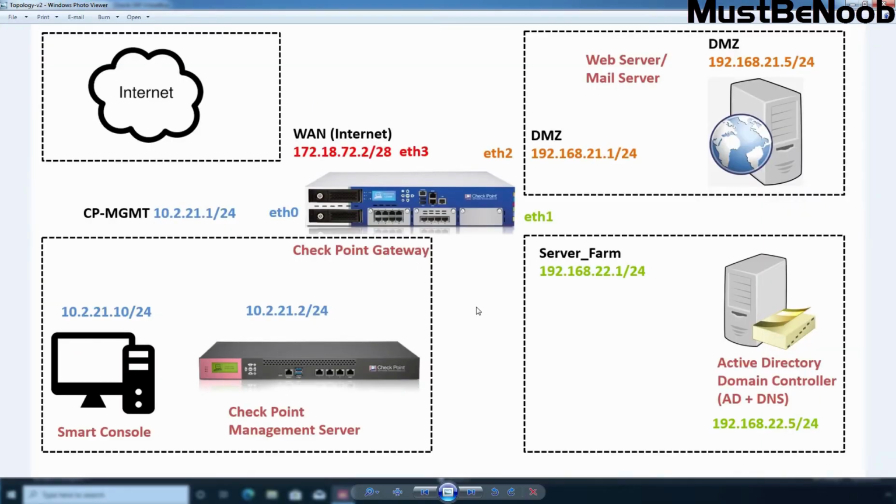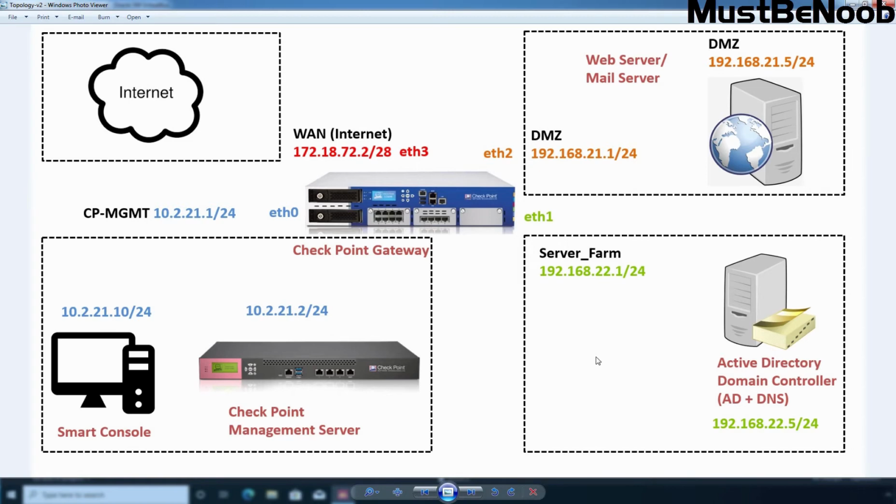In this lab guide, based on my lab topology, I'll create 3 network objects for our networks. One network object for our checkpoint management segment to specify the network 10.2.21.0/24. Second network object will be for DMZ segment to specify the 192.168.21.0/24 network.